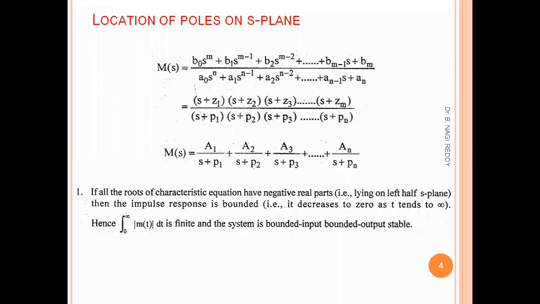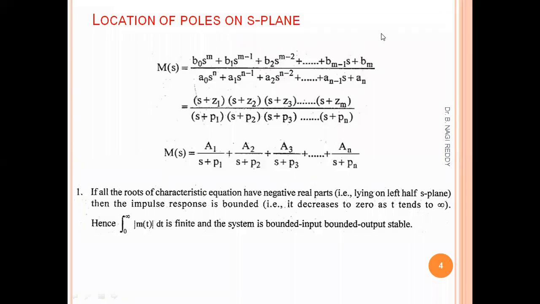Now in today's class, we will see where and how the poles can be located, and based on the location of the poles, how we can determine the stability of the system. Okay, in the third unit, first part, we are discussing the Routh-Hurwitz concept and root locus concepts. These concepts are under the S domain, which is the Laplace domain. So that's why we will use the S plane.